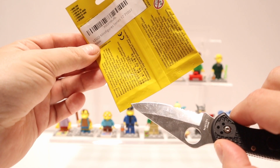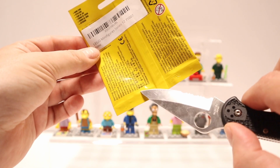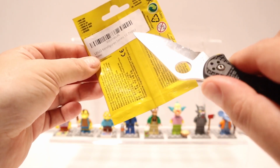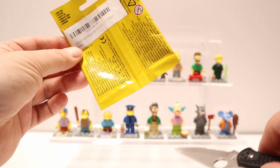Right there, that little bump. It's not a bump code anymore, but with the Simpsons series, there were these little bumps on the back of the bag. And it would identify which figure was in the bag. So, for example, if you saw maybe 2 bumps and then a third bump out here, that means it was